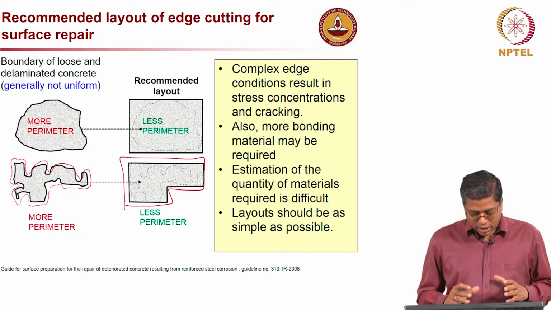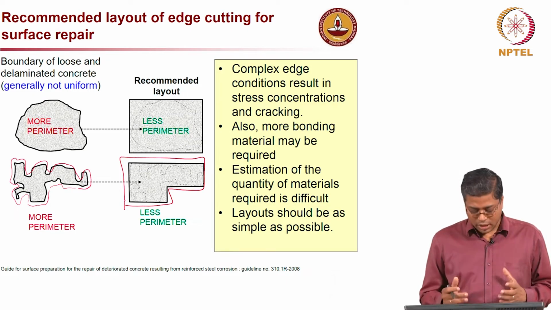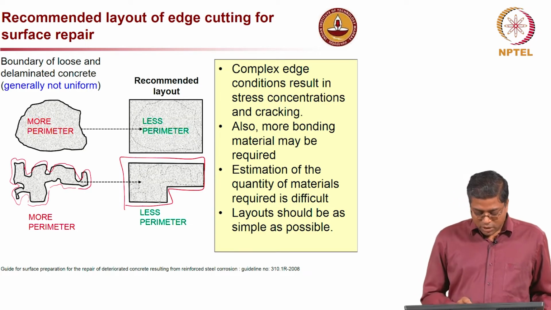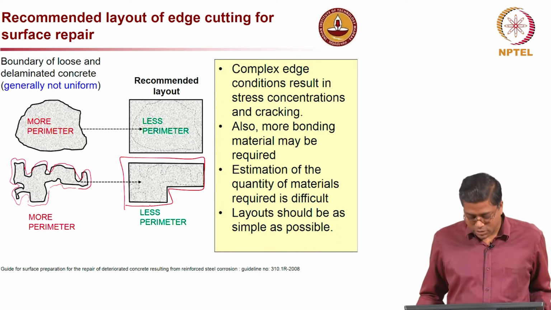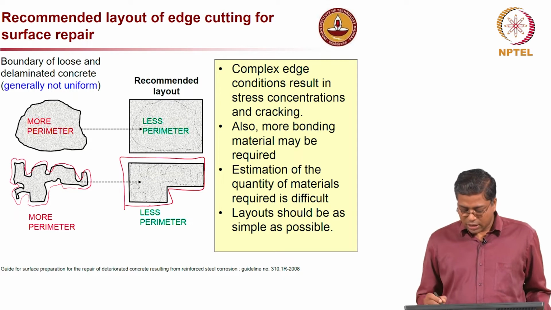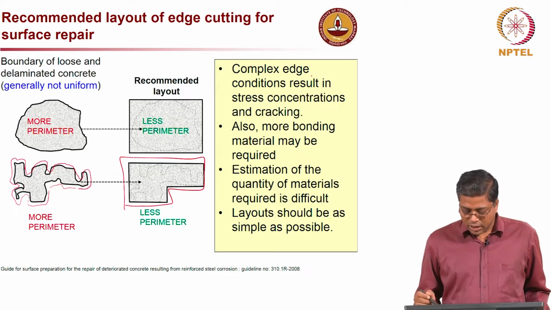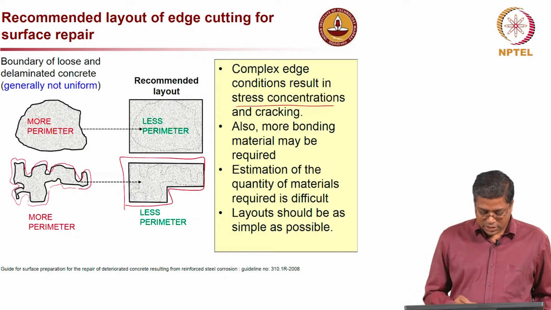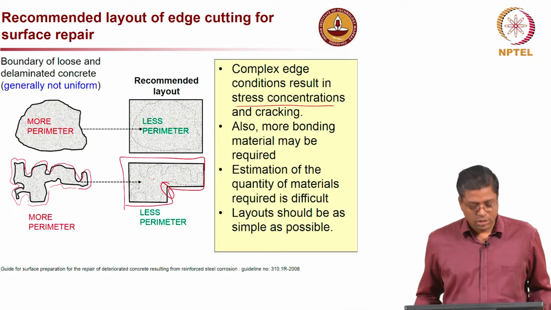So, if the perimeter is very large, the amount of bonding material required will also be much higher. But if you make a cut like this L shape, it looks neat, so aesthetically it will be pleasing to see, and we will also need less bonding material, and at the same time there will be no or limited region where stress concentration can happen. In this case you may have stress concentration in this region, but again it is much more limited as compared to the case on the left side.